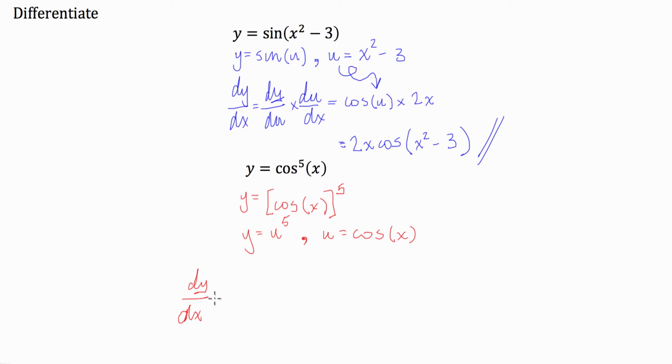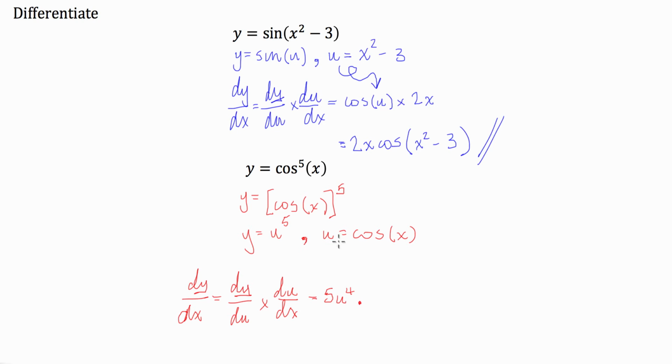So writing out my chain rule again, just going about it the very long way: dy dx is equal to dy du times du dx. The derivative of y in terms of u is just going to be 5 u to the power of 4. That's that basic differentiation algorithm where you take the power down and reduce the power by 1. Multiplied by